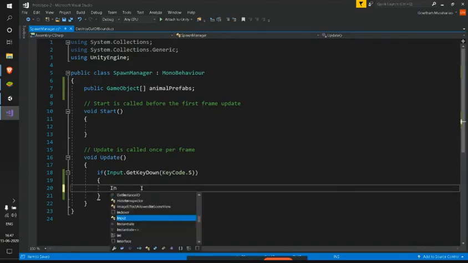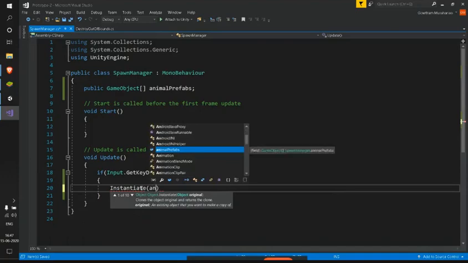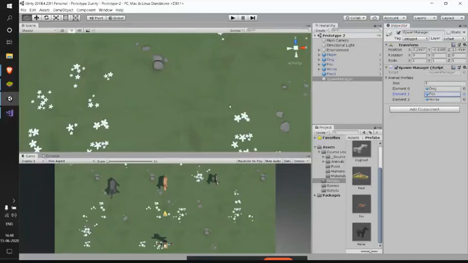So let's just do it in a simple way. Let's instantiate the 0th index game object. I'm writing just this thing, like I'm instantiating a game object, that's it. I'm not giving any particular position or rotation to that. So let me just save this and get back to my Unity here.